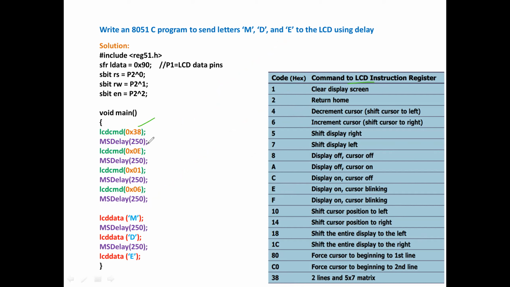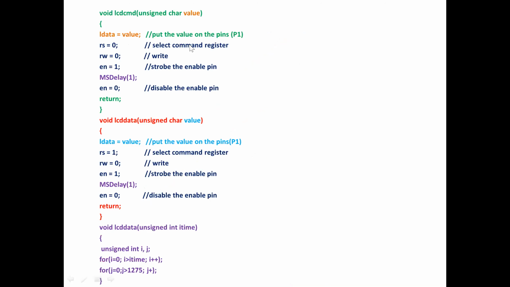Okay. So you are sending these commands continuously. First we should send the command. For sending the command, be careful that this RS should always be 0 for command selection. So whatever the value, that is a command. This is a variable. You can name it whatever you want, which is passed by the main function in the calling function.